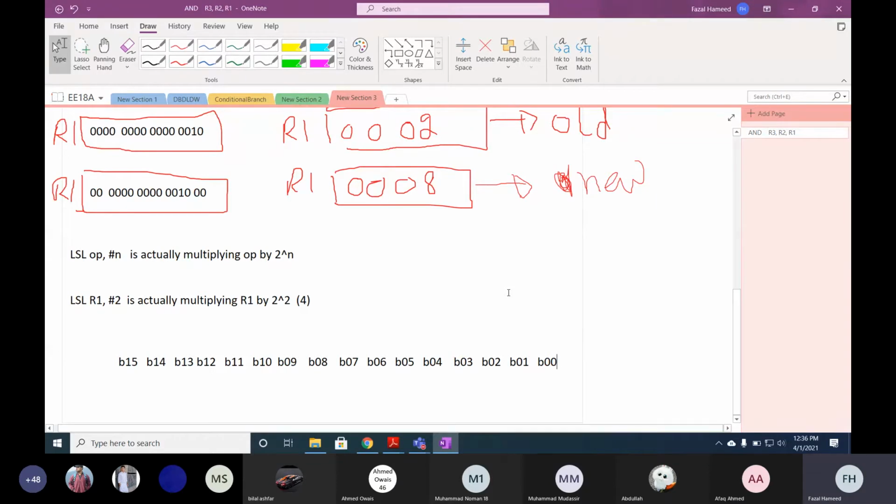Actually, when you convert a binary value into a decimal value, what do you do? You multiply each bit with a weight: 2 raised to power 0, then 2 raised to power 1, 2 raised to power 2, 2 raised to power 3, 2 raised to power 4, 2 raised to power 5, and this will go on. The last one will be 2 raised to power 15. The first weight is 1, the second weight is 2, the third weight is 4, the fourth weight is 8, the fifth weight is 16, the sixth weight is 32, and so on. Am I right or not?